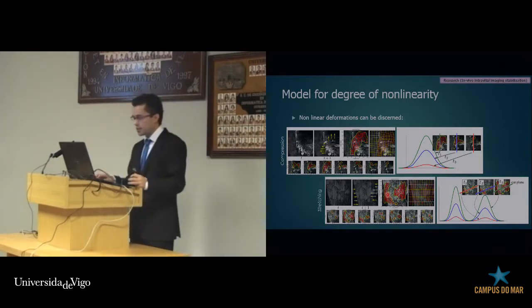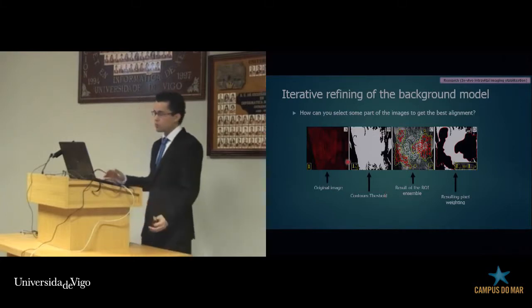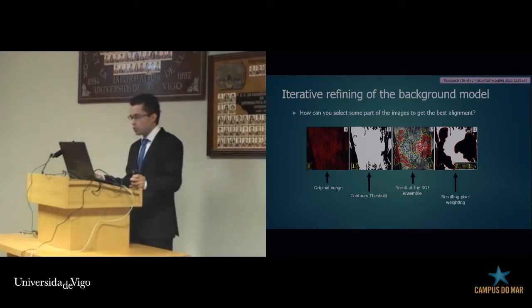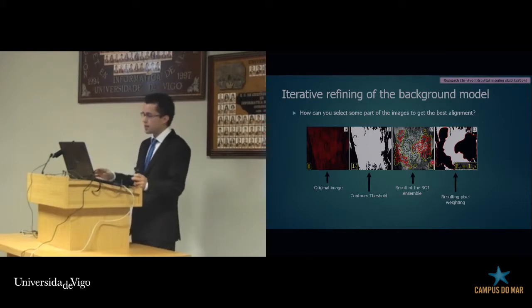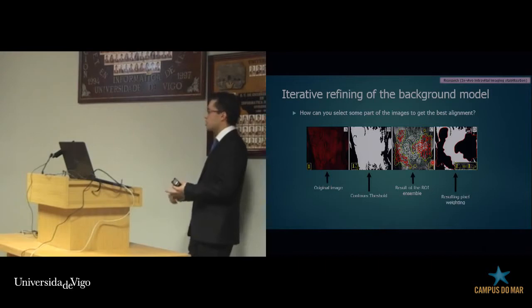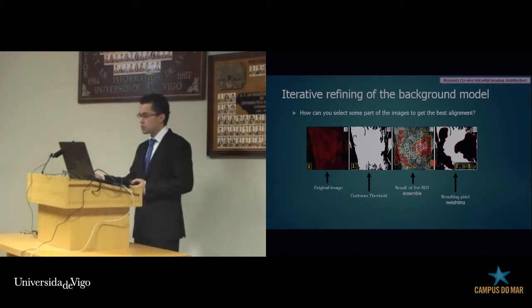So in that case, you don't want to use this part of the image, because you are going to obtain a bad stabilization because of that. So you want to remove part of the images, and then use the same techniques, the log polar transformation and phase correlation, to do the stabilization. This is the reason we use this technique to remove part of the images.